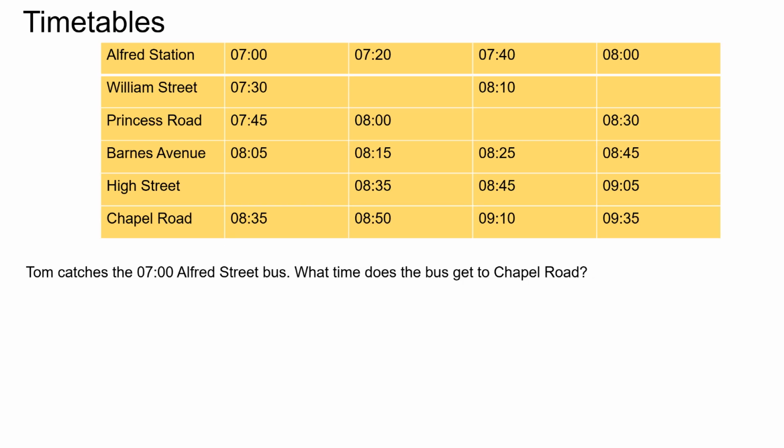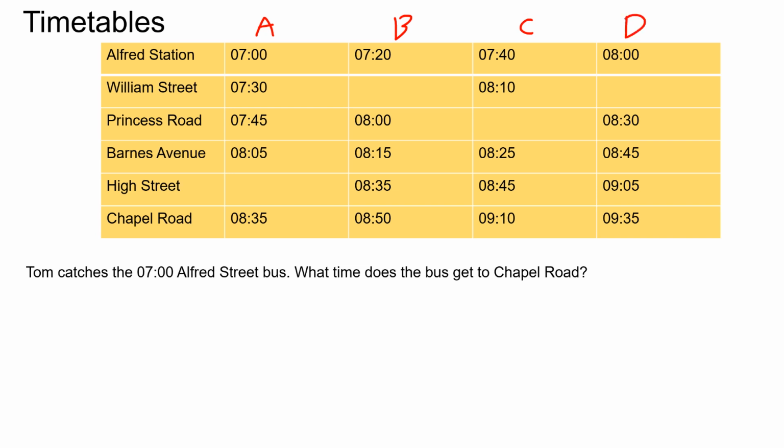This is an example of a bus timetable. Just a note, this is how we would read the timetable. If we look at each of the columns, they each represent a different bus. So I could think of this as bus A, this is bus B, this is bus C, and this is